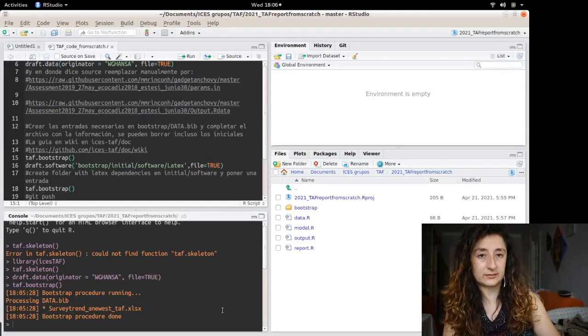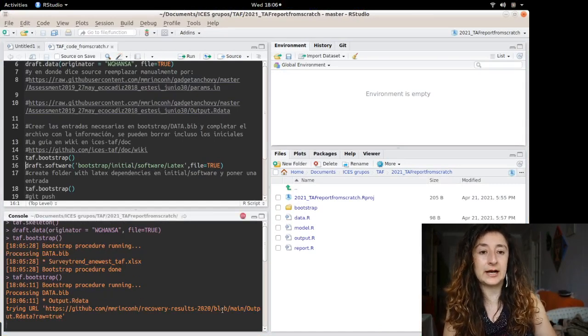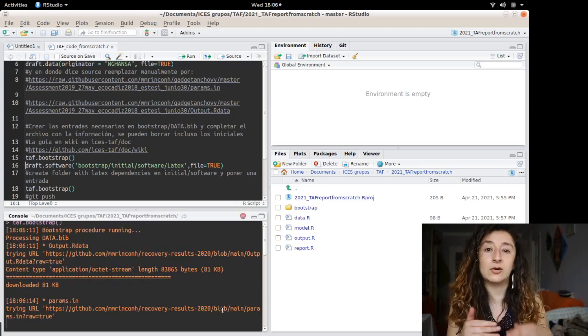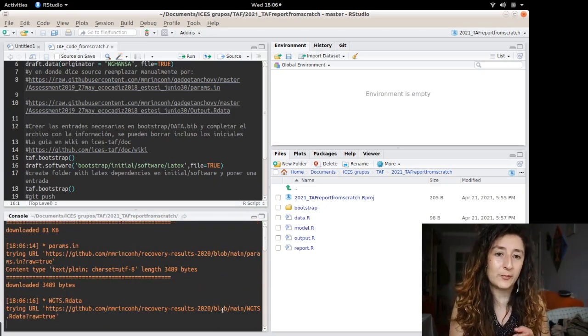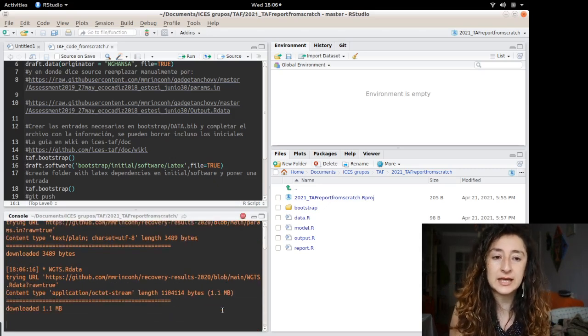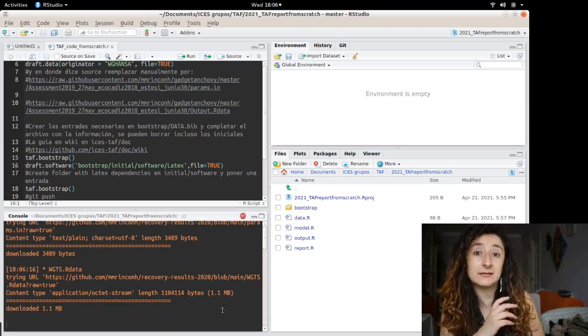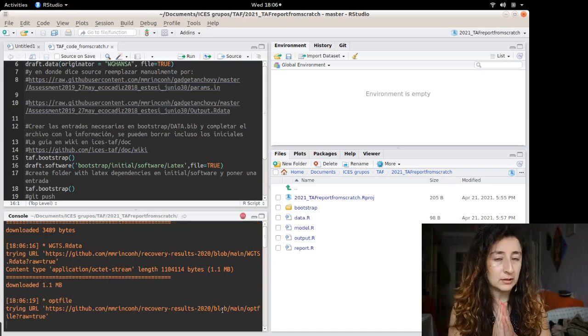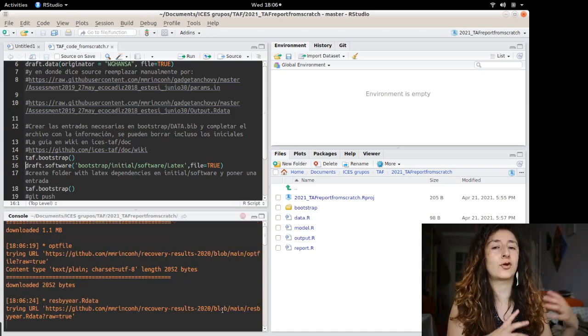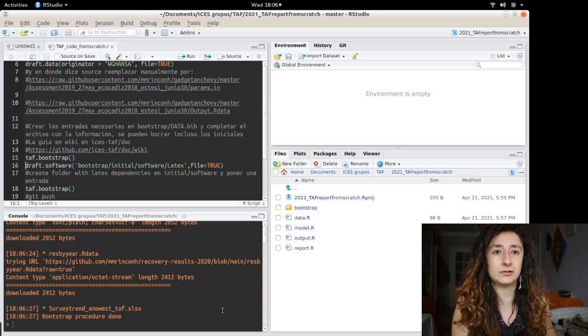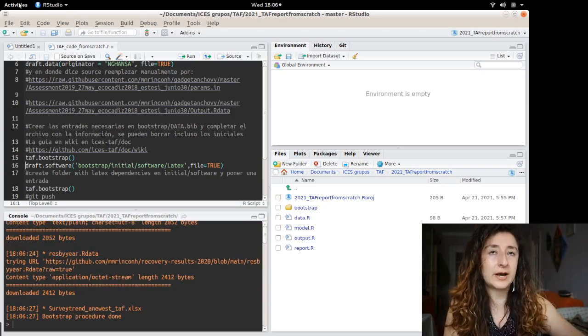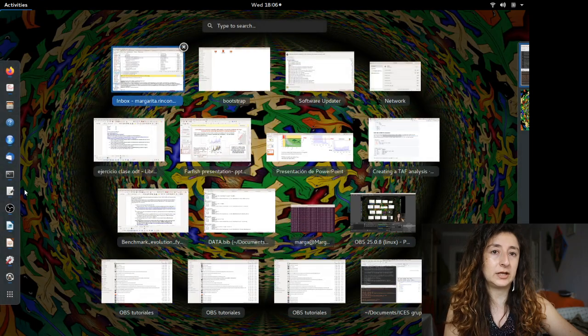So now I can run this TAF bootstrap here. And as you see, it is downloading the output, the WGTS, and all the files that I need to have available for later, for my RNW document. So again, what I'm going to do here in the folder,